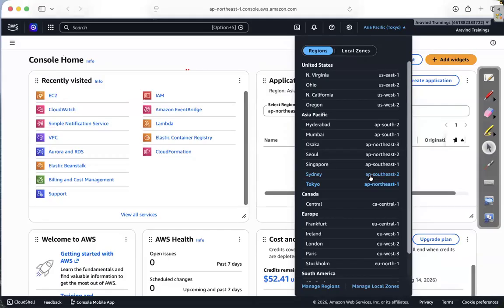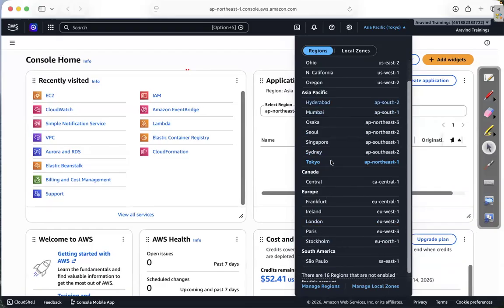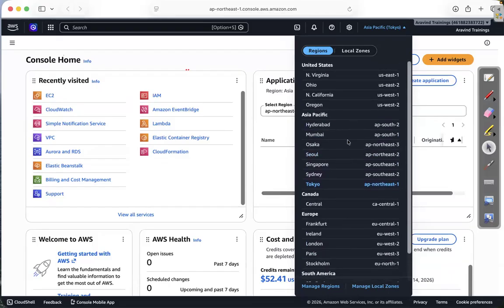In that case, if you want to create the infrastructure for the Walmart project, if you want to create servers, database, storage for the Walmart project, as a solutions architect, as an AWS cloud engineer, you can create servers in any region. You can create in London, Paris, Mumbai, Hyderabad, anywhere you can create. Now for this particular project, what is your approach? Where do you think you will create the infrastructure? Which region will you choose?